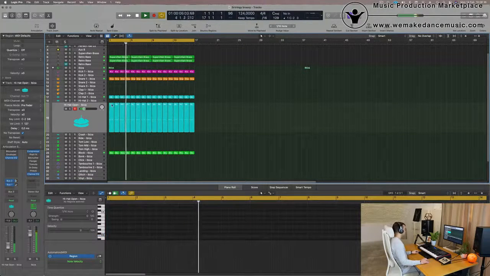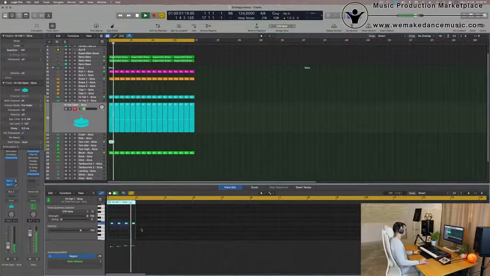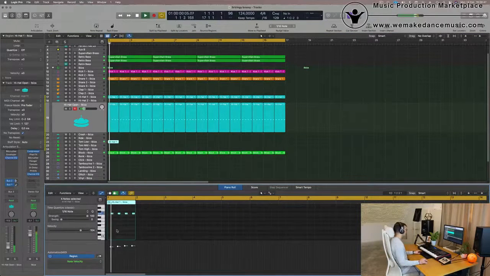Now for some drums, some toms. Obviously not this pattern. That would be a disaster. Oh, not